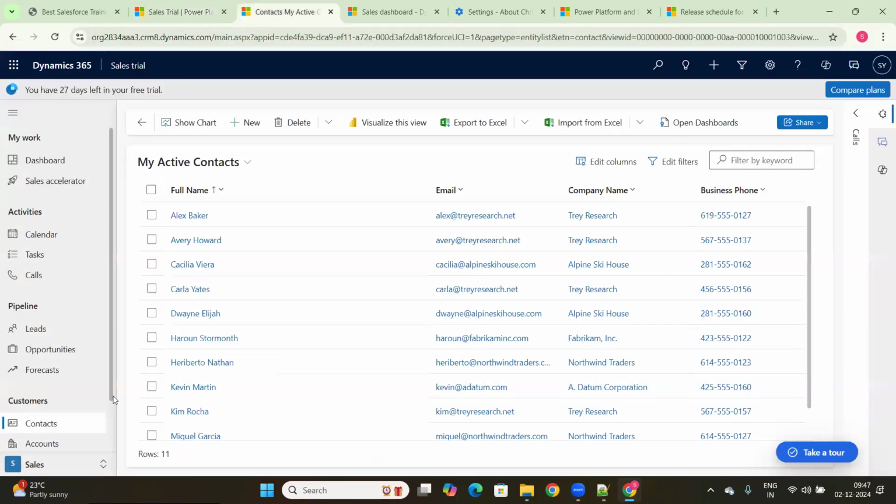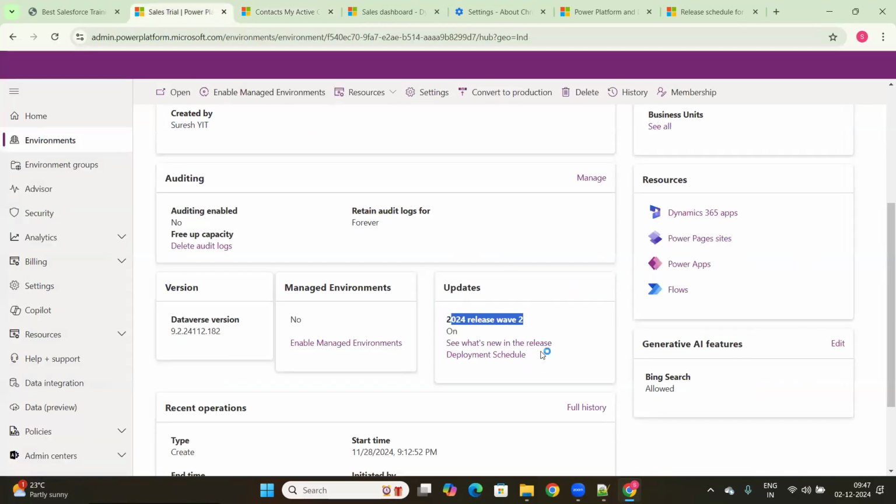Now, the same example: let's say they have renamed it as customers. In the testing process, they will check whether customers is there or not, whether it is updated back to contacts or stays customers, and whether there are any application changes or functionality issues. In that way, they will figure out if there are any issues. If the issues are from their customization, they will correct their customization. But if the issue is from Microsoft, they will raise a ticket to Microsoft. Getting my point? So Microsoft suggests checking the wave 1 and wave 2 releases before